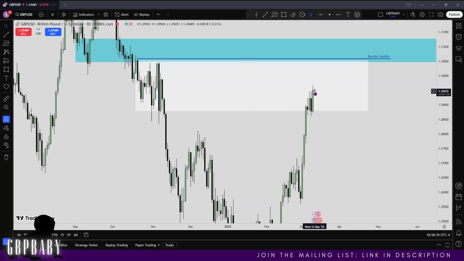So it should be a point of accumulation with the expectation to let off stops above here, assuming we're bullish and assuming that dollar is going to continue lower. And then we've already identified our PD array. Remember, this is an implied fair value gap. It doesn't actually exist, but it's implied that there's heavy downside delivery on a monthly level. And then there's the relative equal highs, which are more